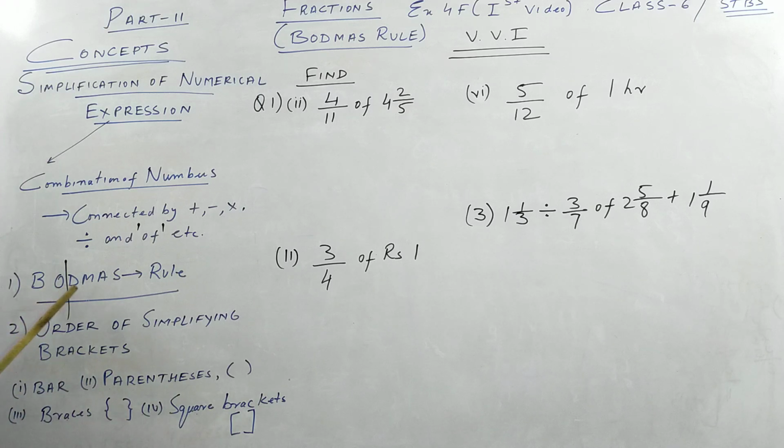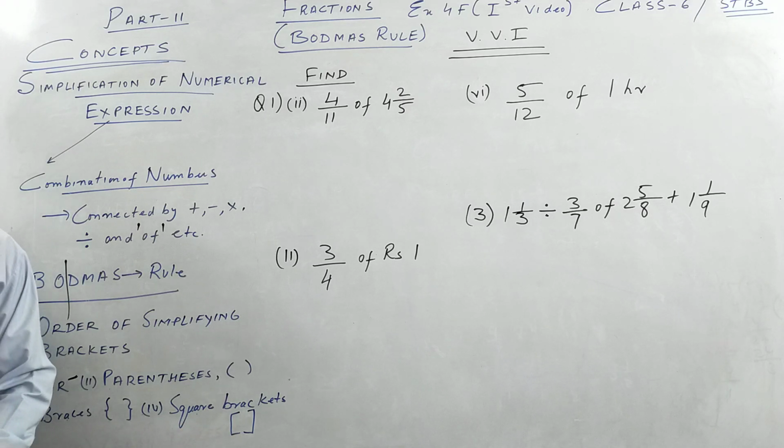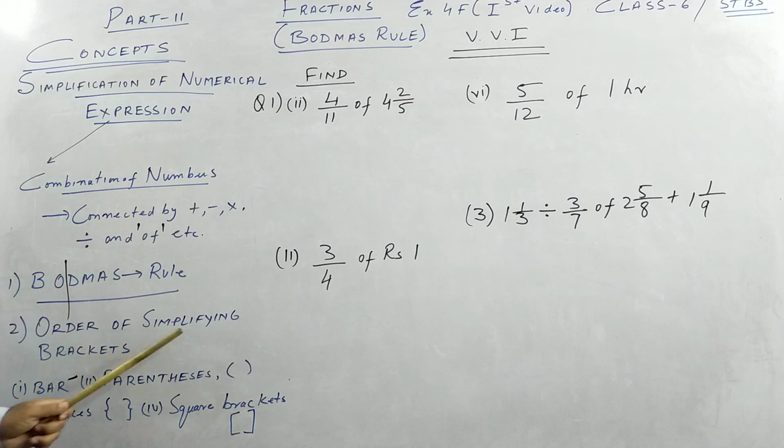Next, I told you what the BODMAS rule is. Then, order of brackets: you'll see some brackets will come. First we solve the bar bracket. A bar bracket is like this, a line on top. Parenthesis, the small bracket, we used to call. Braces, the middle bracket, we use in sets, children. Square bracket means the big bracket. So this is how we do the order of simplifying brackets: bar bracket, small bracket, middle bracket, and big bracket. With this basic idea, we start the exercise